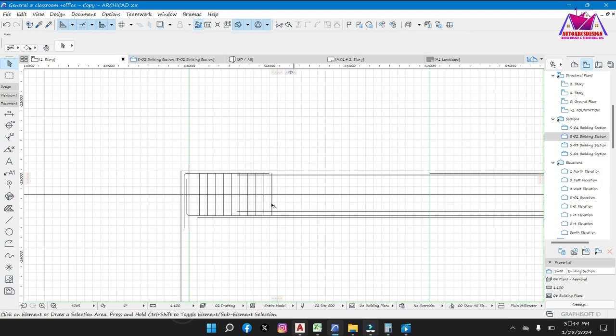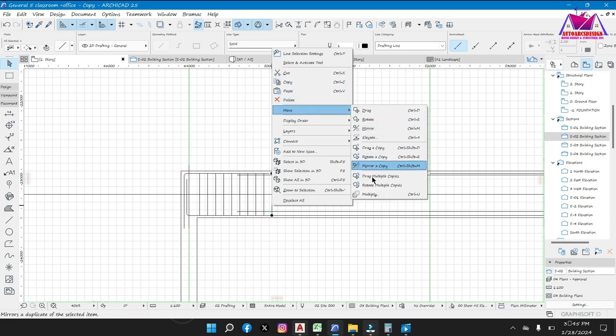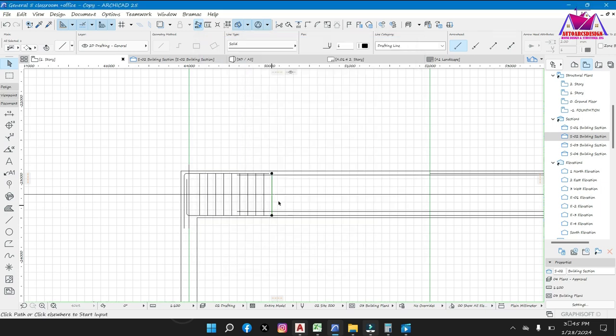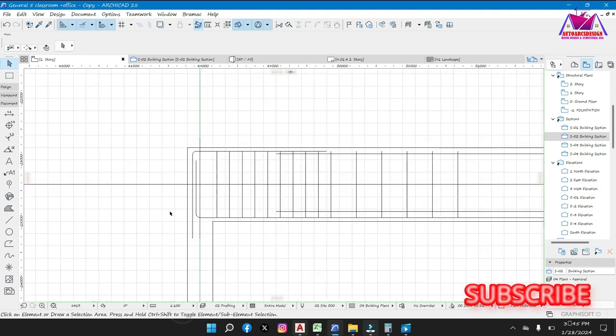and later on we are going to select another one, so we can just right click and go to multiply. We have just set it to 200, select a point and then show the direction, and at this point it will end somewhere there. And now the next thing, I think we are done with